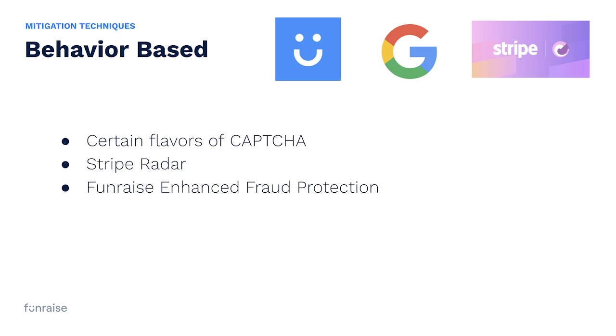Obviously, an argument against CAPTCHA is, again, the conversion aspect of requiring the donors to do a different thing in addition to the donation. You can also get false positives with CAPTCHA, which make donors solve the lovely problem of identifying all the penguins with top hats in a picture or whatever, right? And that can be quite annoying, especially if the donor is legitimate. There are newer flavors of CAPTCHA, which are better.